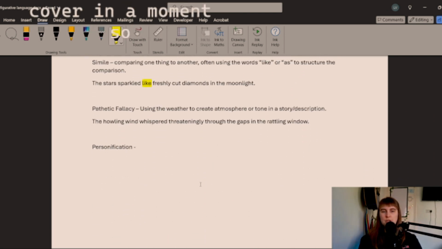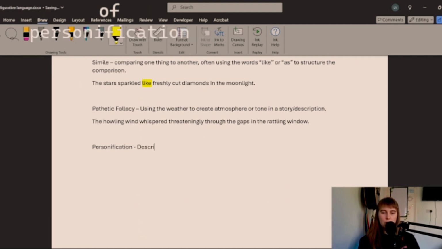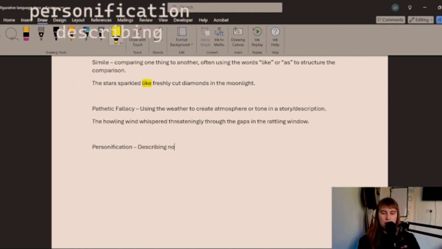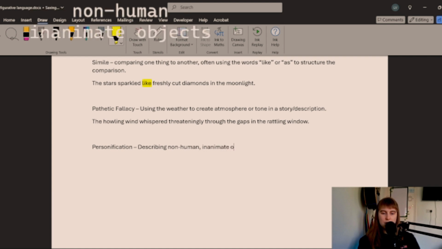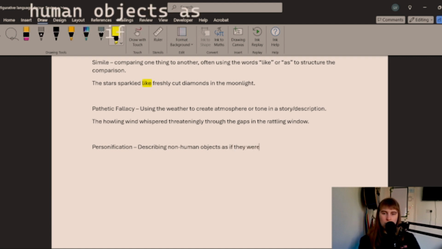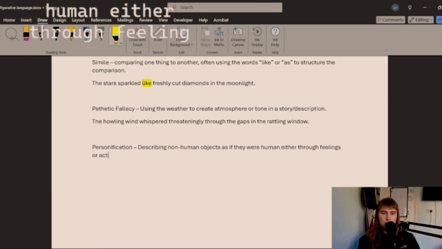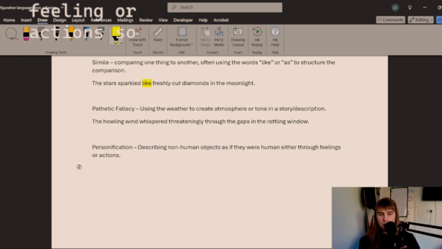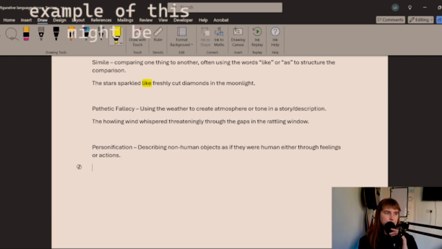So the definition of personification: describing non-human inanimate objects, or non-human objects, because sometimes you could describe an animal as if it were a human. So describing non-human objects as if they were human, either through feelings or actions. So another example of this might be